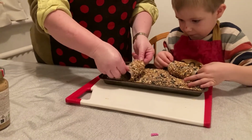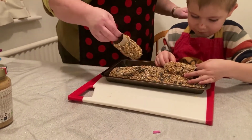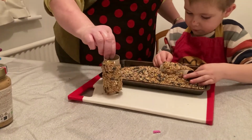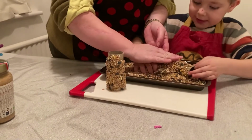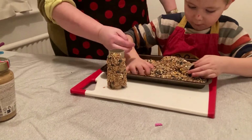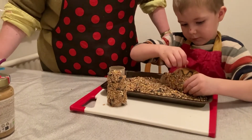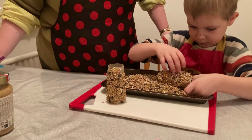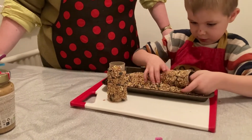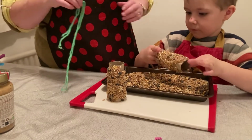You could also put little bits of grated cheese, any leftover bread, anything you've got at home could go on there perfectly. You do that, Theo. Very good. And then for the final touch, we need to use a piece of string and put it